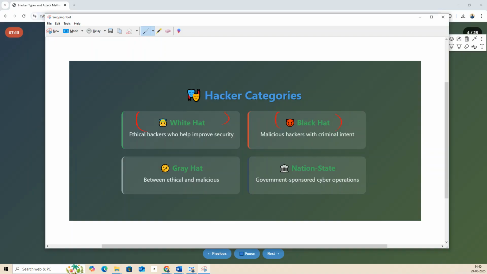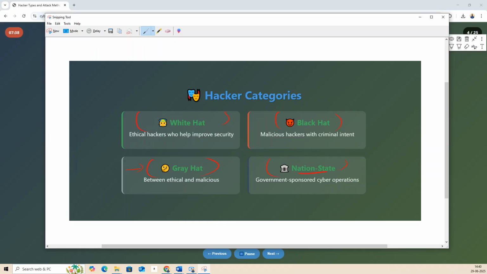Grey hat hackers occupy the middle ground. They are not necessarily malicious, but they don't always follow the rules either. They might hack your system without permission, but then they'll tell you what they hacked and what the vulnerability was. Those are gray hat. And nation state actors,